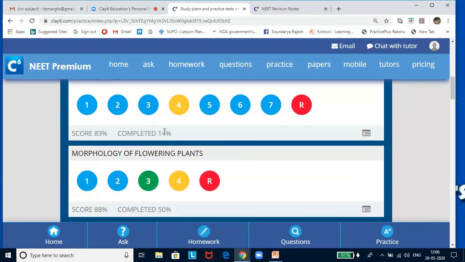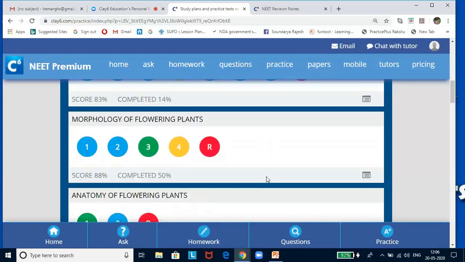A blue bubble means you have not taken the test yet. A green bubble indicates that the test is completed, yet you can retake it for additional practice. Suppose you have not scored good marks and you want to improve your scores, you can revisit the test. Or sometimes you would have left the test because of net connectivity, or you would not have been thoroughly prepared at that point of time. If you are leaving the test, it will be indicated by a yellow bubble. Now for the green bubble, as I said, if you want to repeat the test, you can take any test any number of times.